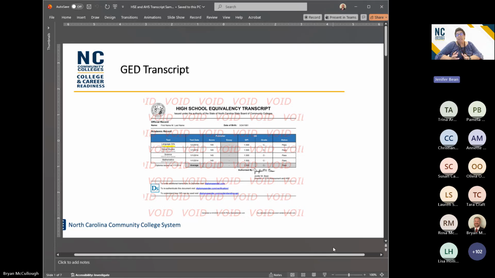But yes, in 2014, the GED exam went through some changes, and some other vendors also brought in some new high school equivalency exams that were eventually adopted here in North Carolina. And then later on in 2015, North Carolina also established its own high school equivalency pathway called Multiple Pathways to